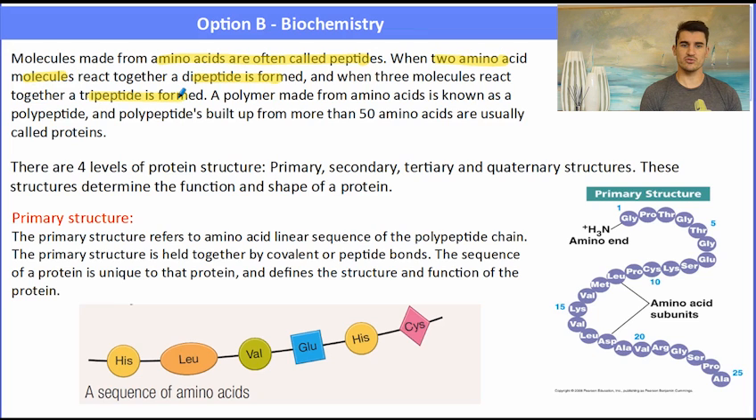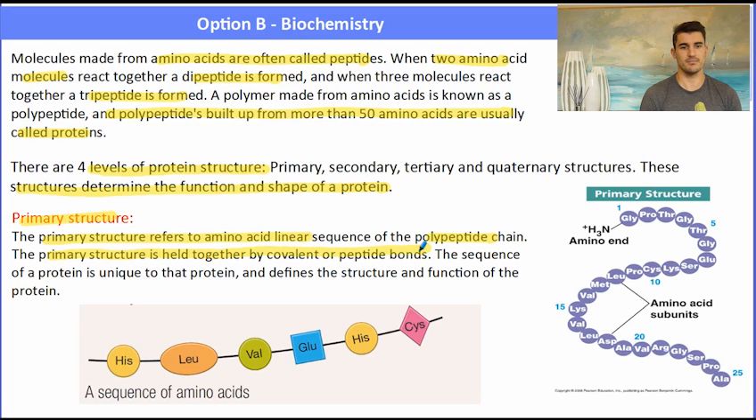Now there's 4 levels of protein structure: primary, secondary, tertiary, and quaternary structures. And we need to know a little bit about those because they determine the function and the shape of a protein. The primary structure is simply the sequence of the amino acids, so the arrangement of them and the peptide link